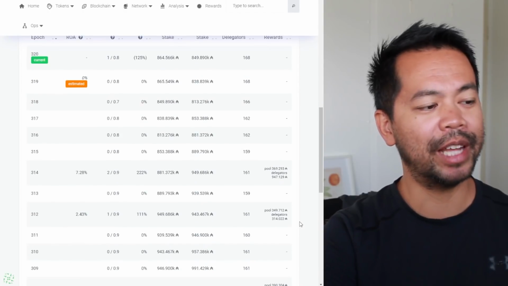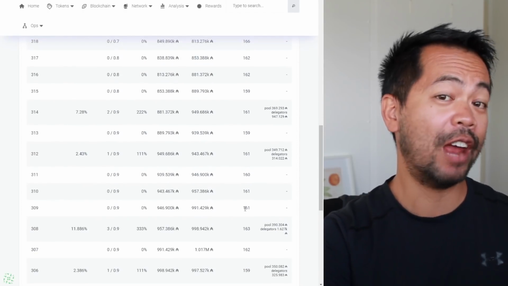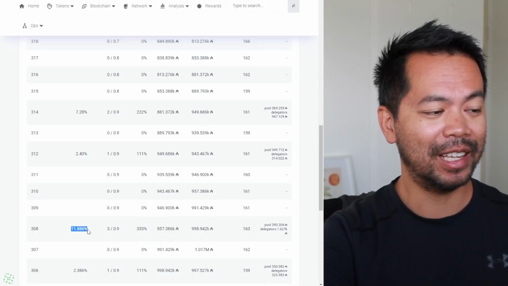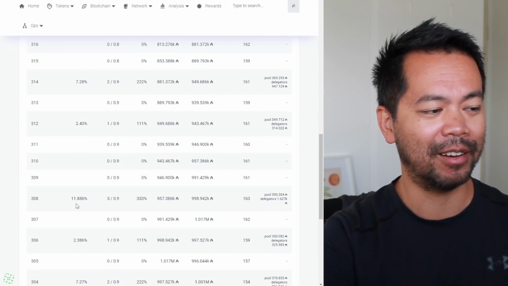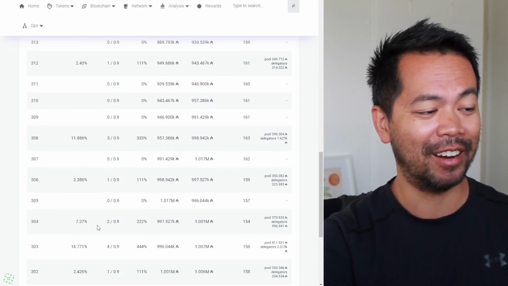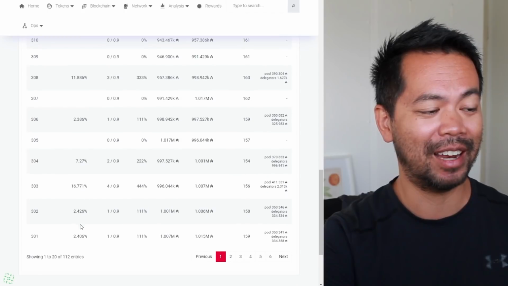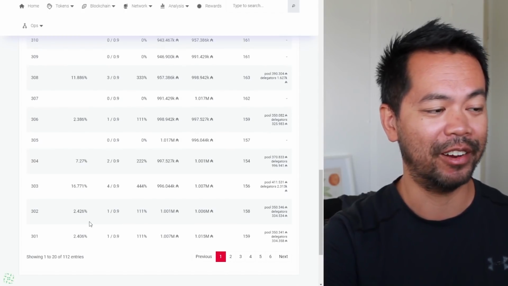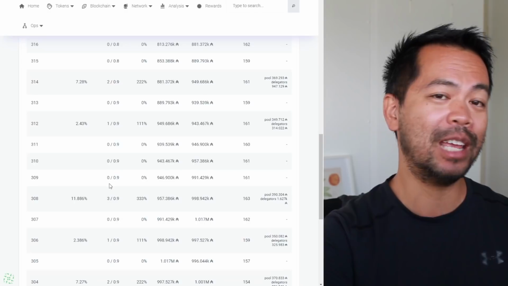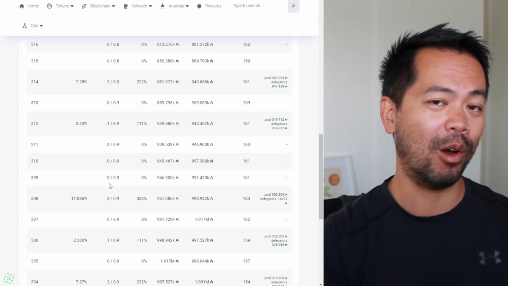I'll just scroll down a little bit, and you can see here, not every epoch they're minting blocks, but when they do, you get these really high spikes here. And that's nice. 11% return on your ADA there. You've got 7%, 16%, and then the luck rate's a little bit low here. But you can see those spikes, which help average out those epochs where you don't get those blocks